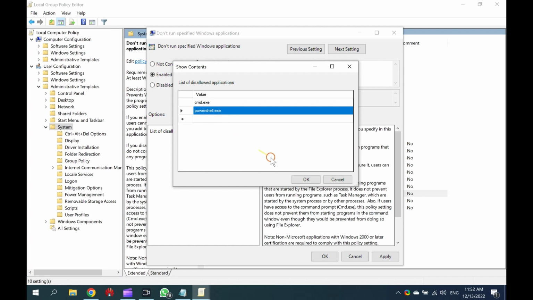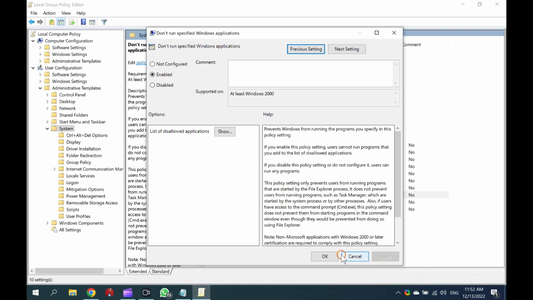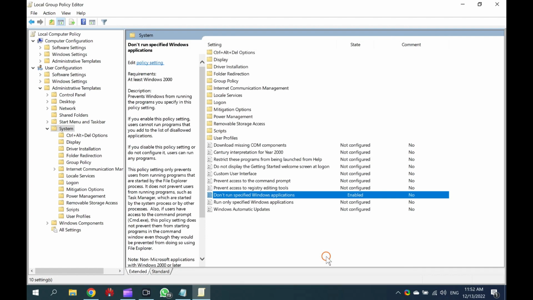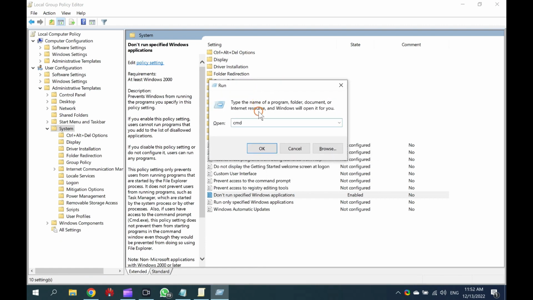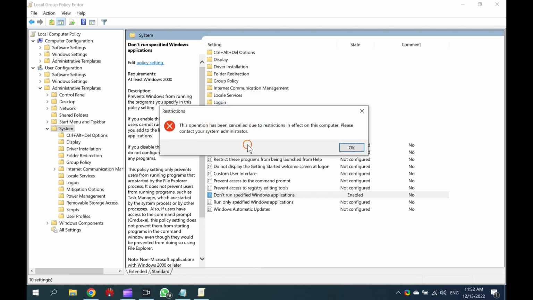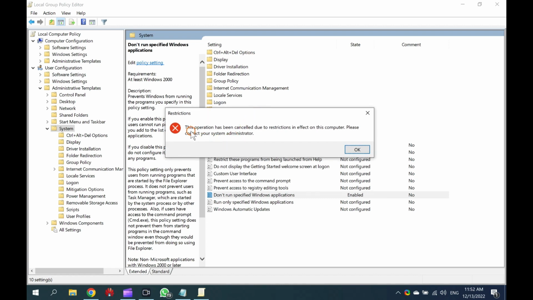Now, click OK. Click Apply. Finally, click the OK button. Once you complete the above steps, the specified apps will no longer be accessible by any users configured on your computer. The settings are applied immediately, however, you can restart your computer to ensure the policy has been applied.